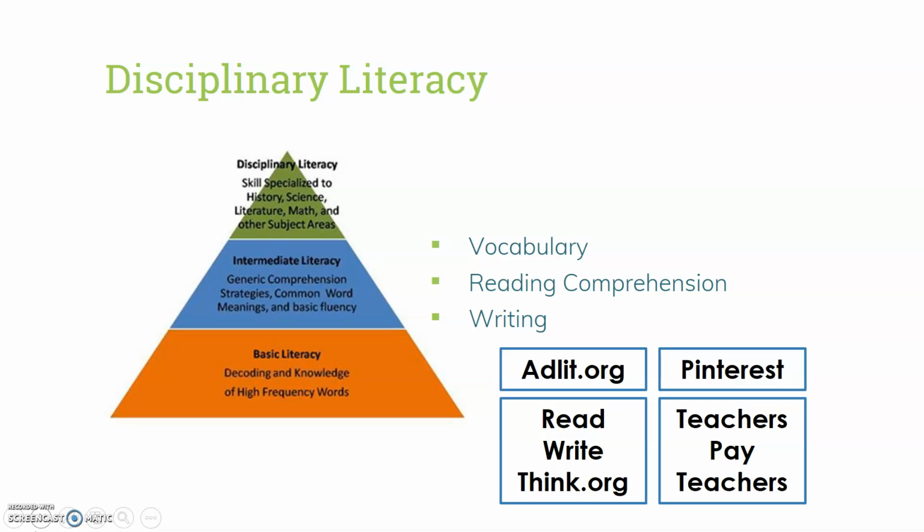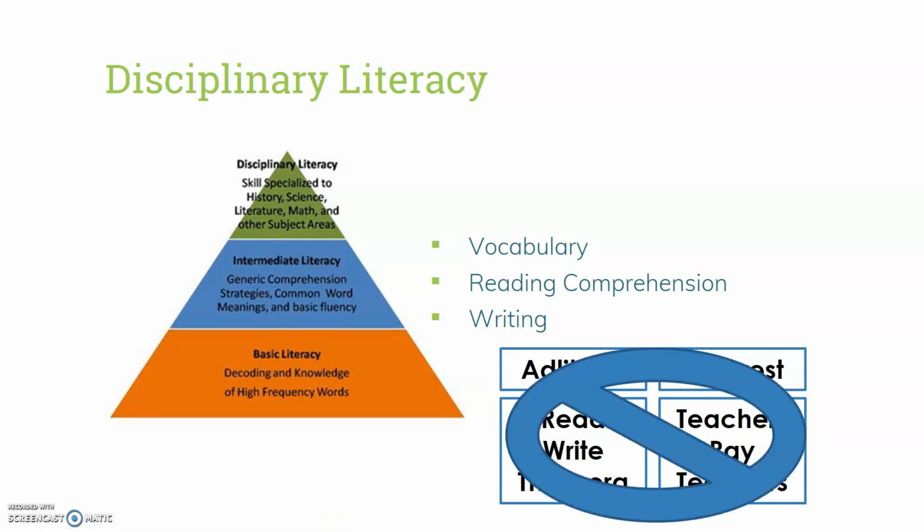And all of a sudden, you're asked to teach them very specialized literacy skills. For example, how to think like a scientist, how to write like an author, how to read like a mathematician, and in general, how do they become these experts in your disciplines? We have a lot of great strategies that we have developed over the years that apply to intermediate literacy strategies. In other words, generic strategies that are helpful for vocabulary no matter what discipline you teach.